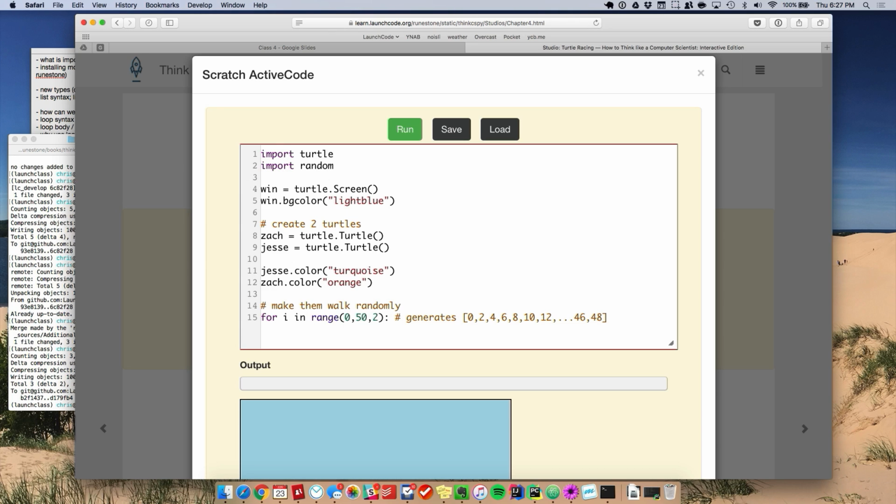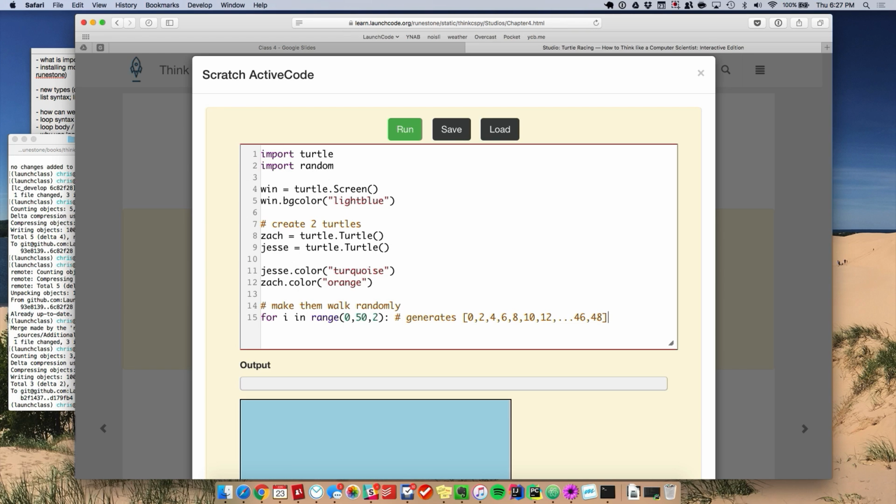So here's why I'm doing this. I want to make this really random. I'm going to make them go different distances each time, okay? So I'm going to use the number in this list. The first time they're going to go 0 feet. The next time they'll go 2 feet. Then they'll go 4 feet. Then they'll go 6 feet, then 12 feet. So just to add to the chaos here, we're going to make them go different distances each time